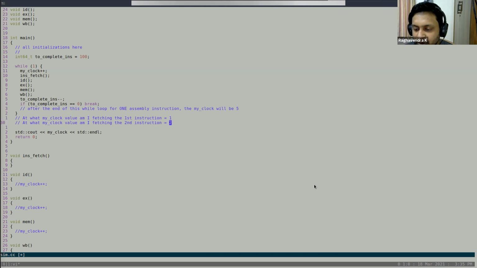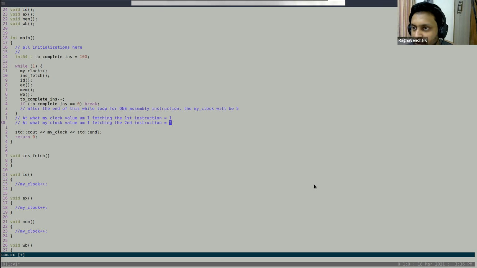So do you want to simulate, or can you analytically say by looking at the assembly instructions that this is the IPC that I will get? The question is, can you build an analytical model before simulating? If we already know the values, then we might try something like this. Values of what? Values of the initial registers and the memory segment. Do you all think you will be able to get the IPC without simulating?